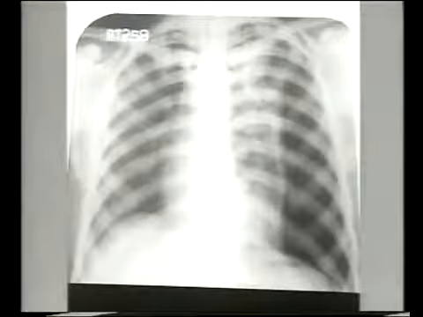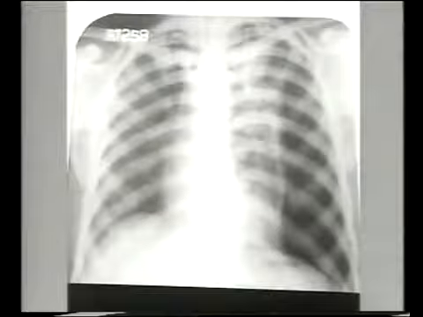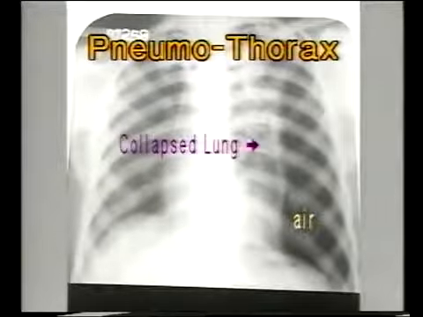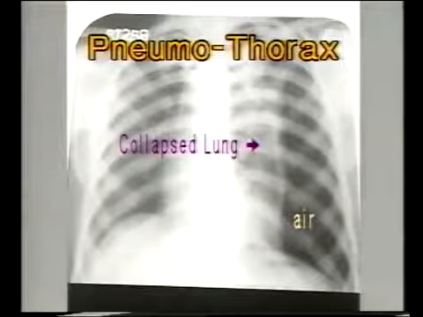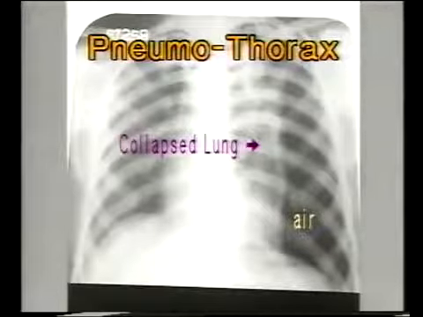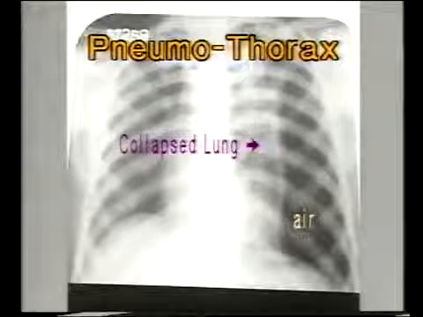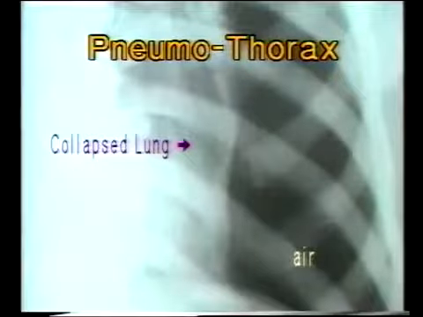In this X-ray, note the peripheral radiolucent area on the left side with no bronchovascular markings. This uniformly black area represents a collection of air in the pleural cavity, or pneumothorax. The lung is collapsed and you can see that it is more radio-opaque and its border is seen as a thin white line demarcating the collapsed lung. Note in the close-up view the absence of bronchovascular markings over the pneumothorax and the sharp border separating it from